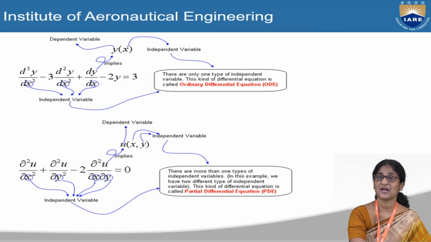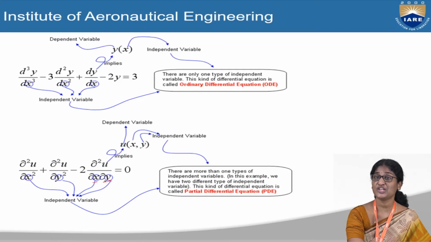How to make the difference? How to know that a differential equation is ordinary or partial? Here the number of independent variables is 2, that is x and y. U is dependent upon the two variables, x and y. So it is a partial differential equation. So the change of u is nothing but the change either in x or in y, or sometimes both.